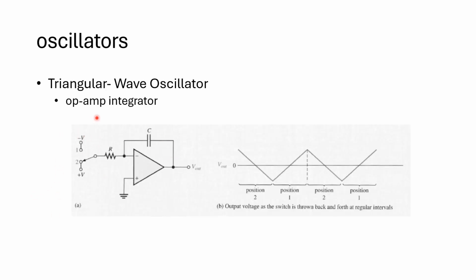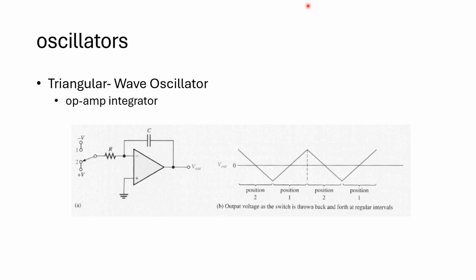So we have here a triangular wave oscillator. This is under what we have discussed previously when we discussed your operational amplifier. So op-amp integrator. When you make use of an op-amp integrator, the output is somewhat forming a triangular wave. Okay, so therefore, an op-amp integrator is also a type of oscillator circuit that produces a triangular waveform. Okay, so basic triangular wave oscillator.